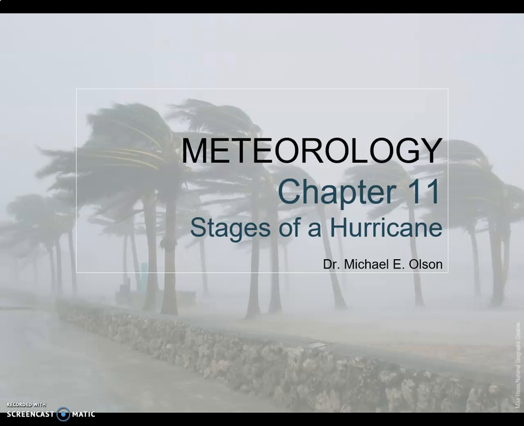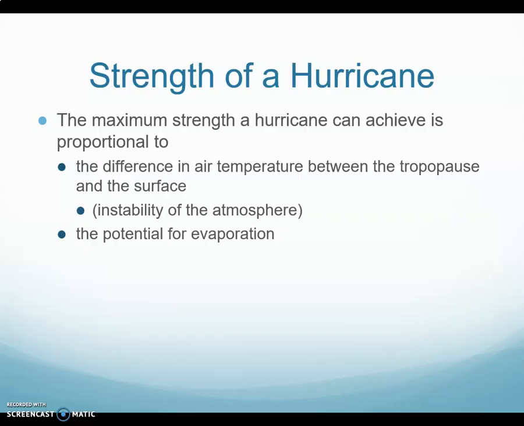Now that we've seen what makes a hurricane, let's take a look at the life cycle of a hurricane and look at the different stages and categories of a hurricane. First of all, the strength of a hurricane is proportional to two things. One is the difference in air temperature between the tropopause and the surface, and the other is the potential for